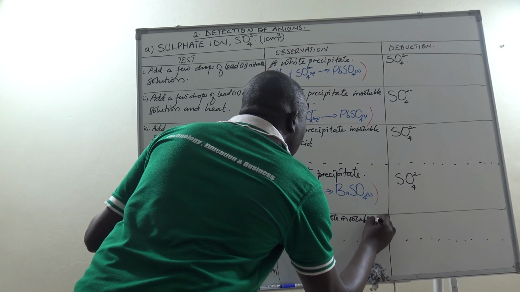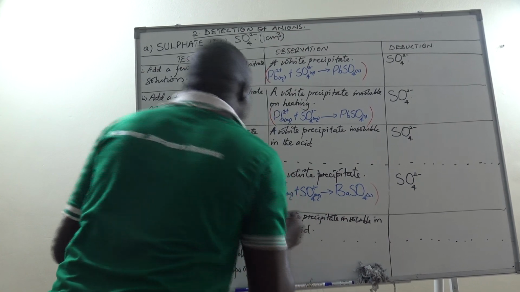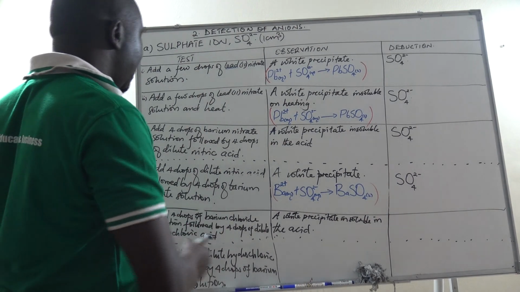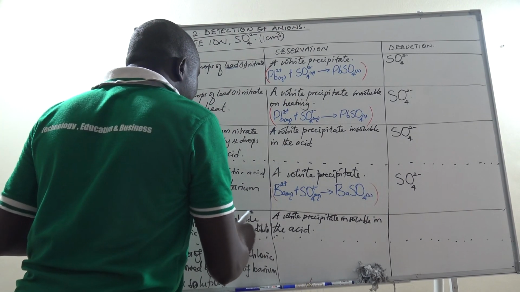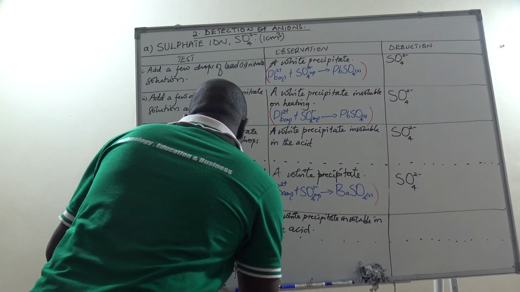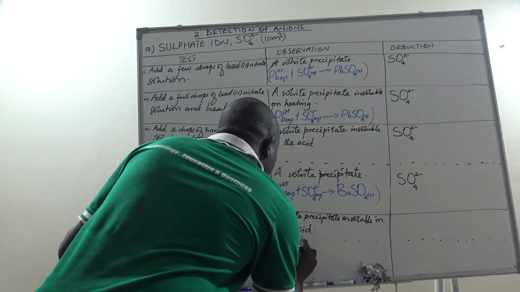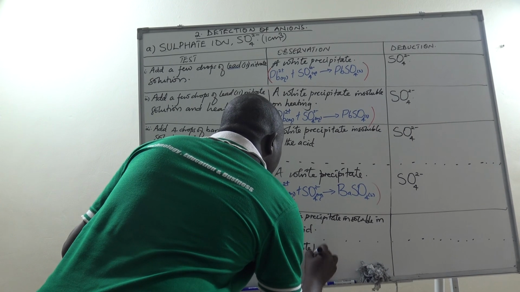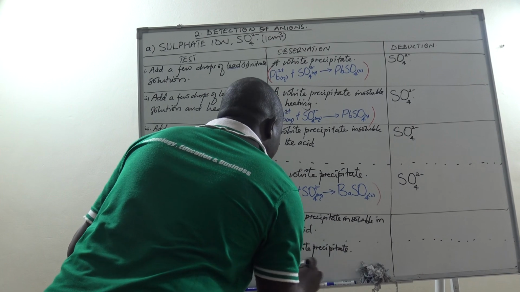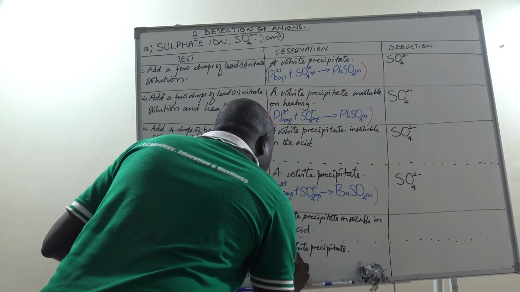insoluble in the acid. We are not saying in excess because the instruction does not talk about adding dropwise until in excess, but adding later on the same number of drops of dilute hydrochloric acid. And in this case, if we have used dilute hydrochloric acid first, followed by the barium salt, then we get just a white precipitate. A white precipitate, and the equation for the reaction in this case remains the same,